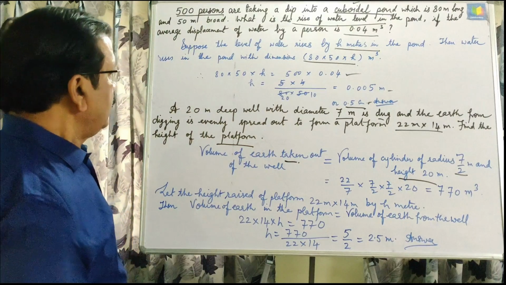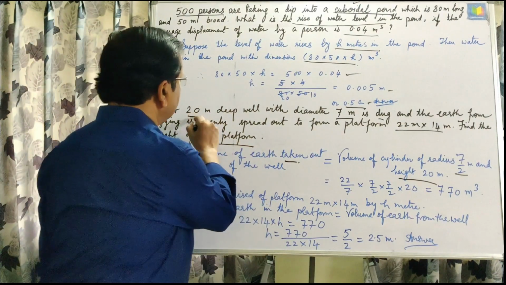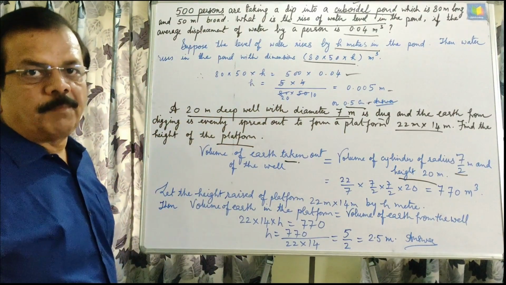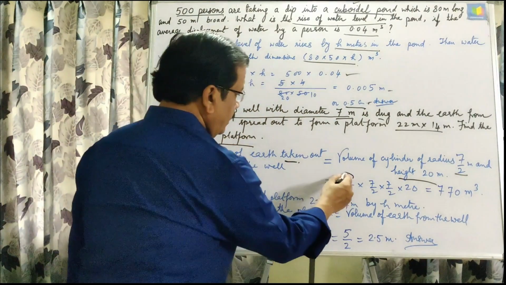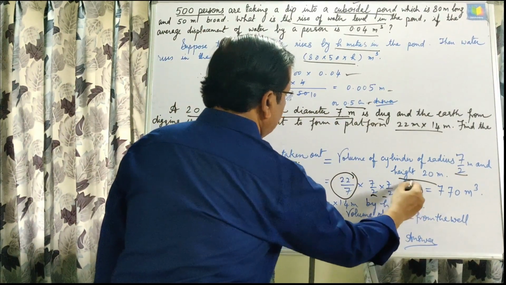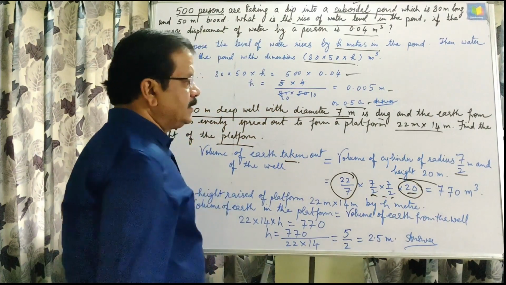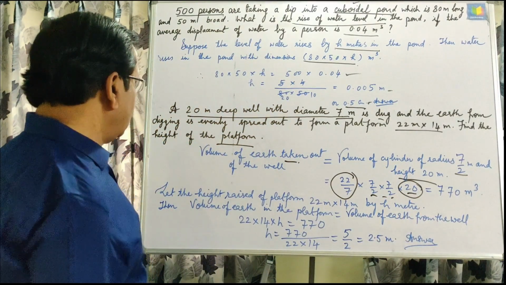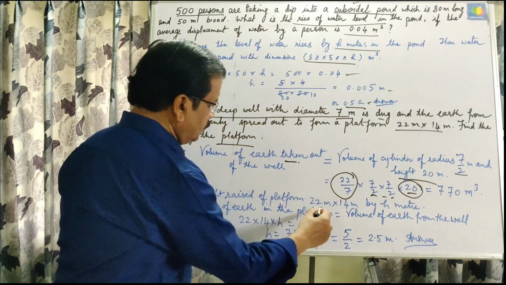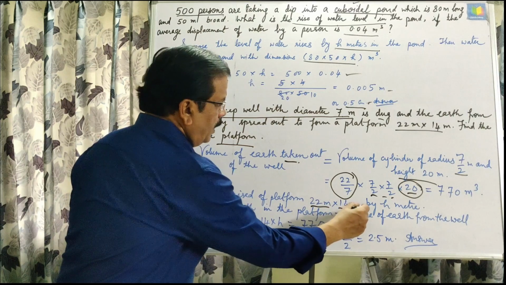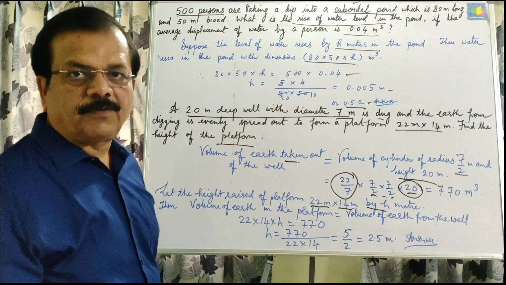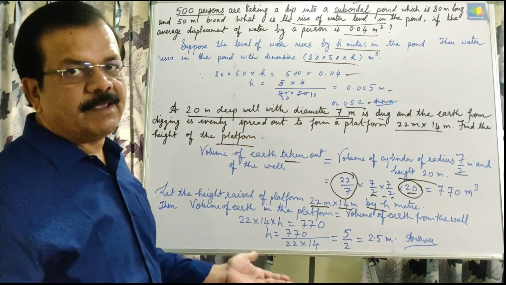The volume of this cylinder will be pi r square h, where r will be half of the diameter and h will be 20, and that is 770 meter cube. This will be equal to the volume of the platform, that is 22 into 14 into h meter, where h is the height of the platform,